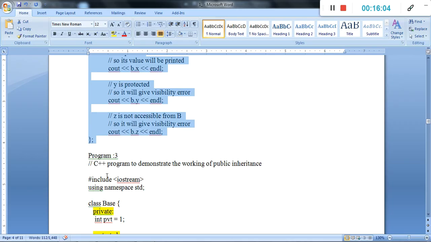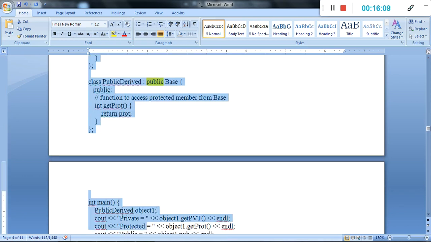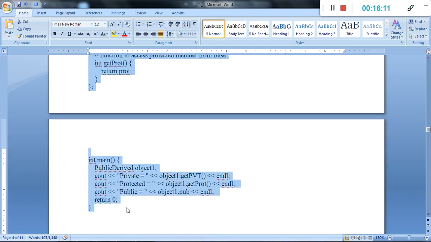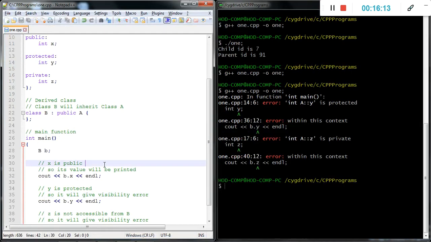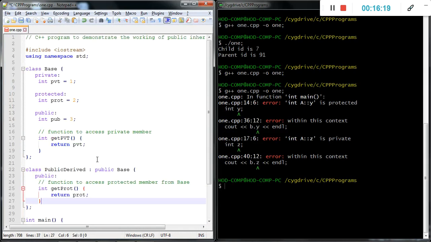Then we will understand the third code. That one is an explanation with more detail about inheritance with access specifiers. Save the code.